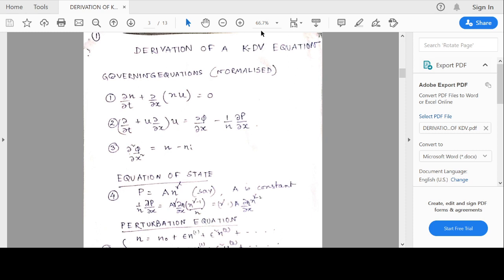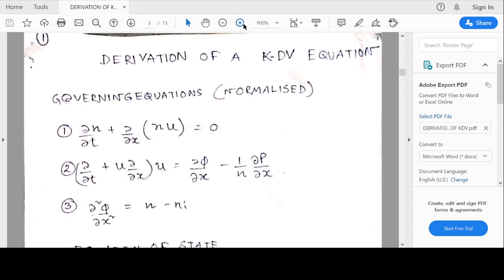Now, first let's start with the basic equations. The governing equations in a normalized form. Even if it's not normalized, we are just here to learn the process in a very simple way. The normalized equations are: the first one is the continuity equation, the second one is the momentum equation, and the third one is the Poisson's equation. Now in the first equation you find that we have got the density times the fluid velocity, that's